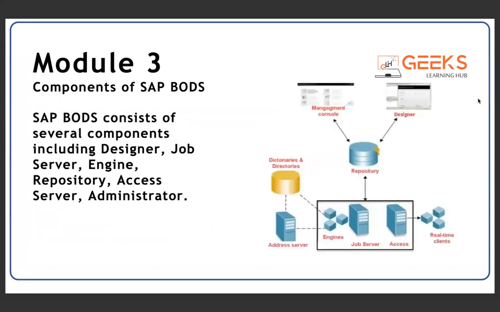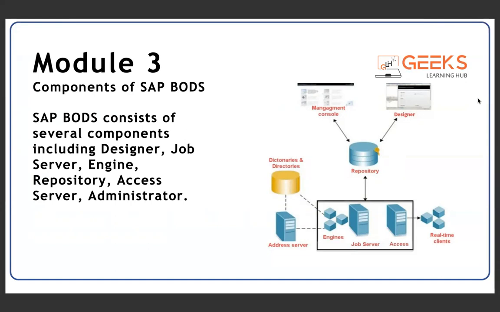Okay. So if everyone can focus on the picture, which you all can see on the right-hand side of the screen, you can understand that BODS contains the designer, job server, the engine, the repository, the access server, and the administrator. So all of these things together build up the different components and the underlying architecture of